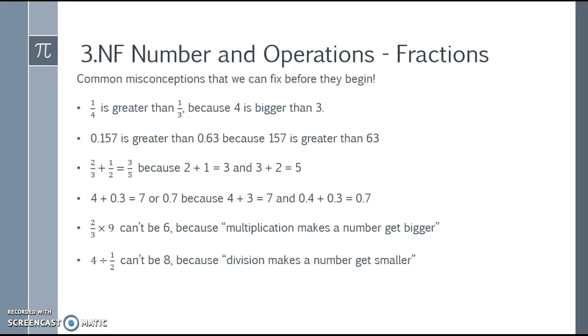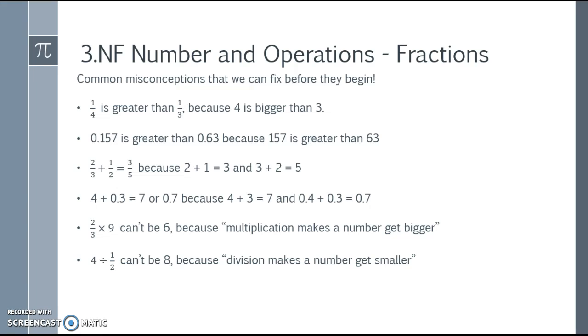Or that 2/3 plus 1/2 is 3/5 because you're adding your numerators and you're adding your denominators. Or 4 plus 3/10 is 7, or 7/10 because 4 and 3 is 7. Similarly, that 4/10 and 3/10 is 7/10,